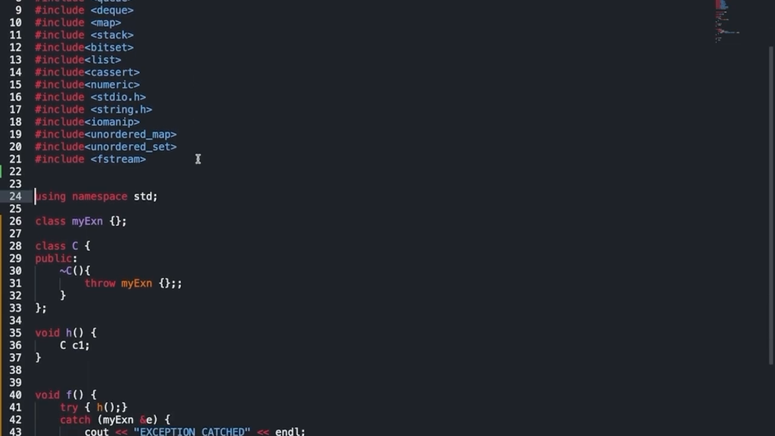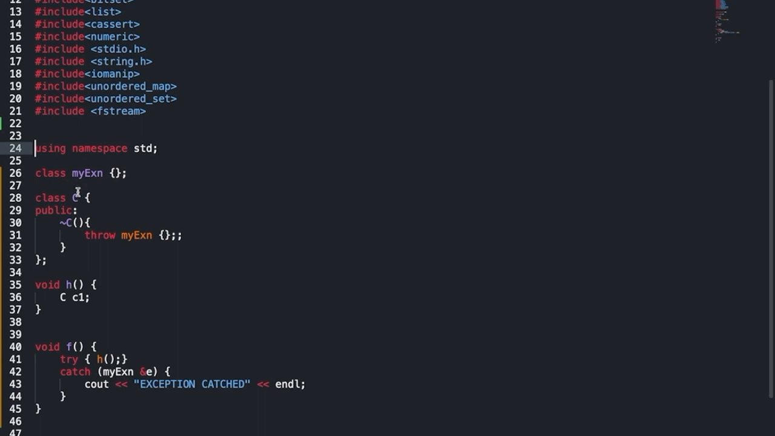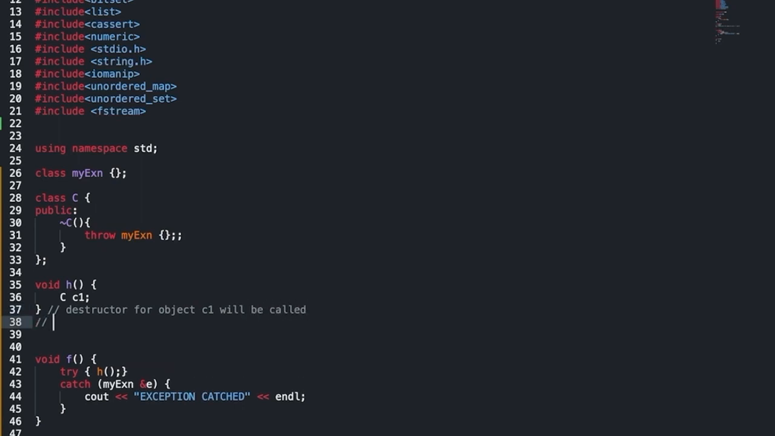So, here we have a class of exceptions, which I call MyException, and a class C, which has a destructor, and the destructor throws the exception. There is a function h here that will create an object C1, and when the function ends, the destructor for object C1 will be called,